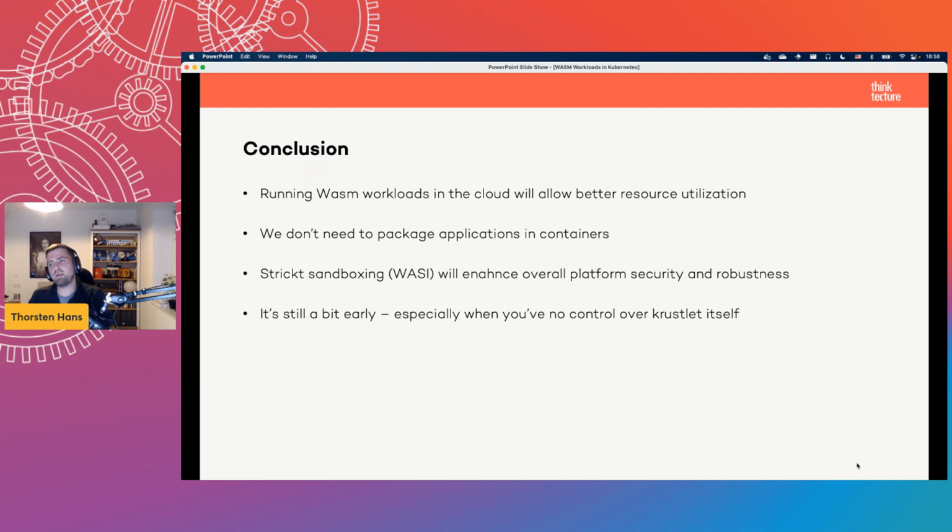I bet it may not become the most popular or most prominent runtime in Kubernetes, but it will be in second place. I don't think we will get rid of containers all over the place and everything will be WebAssembly. That could be true in a couple of years, perhaps five years or a decade. But as we talk about Kubernetes today, I think WASM will be in second place, but hopefully at some point feature compliant with containers. And with that,